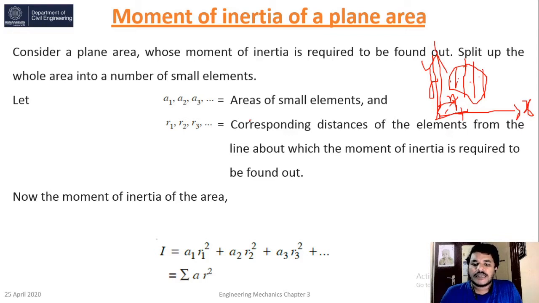So now you can calculate the moment of inertia capital I, which is equal to A1 R1 square, that is the individual area and its respective distance squared, plus A2 R2 square and A3 R3 square and so on. So you sum all these areas and distances: summation of small a into R square, where A is A1 plus A2 plus A3 and R square is R1 square plus R2 square plus R3 square. So this is the general formula to calculate the moment of inertia, capital I, summation of A R square. If it is A into R, that is the centroid, right?